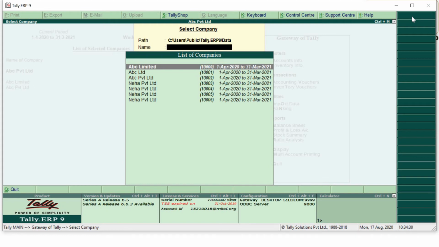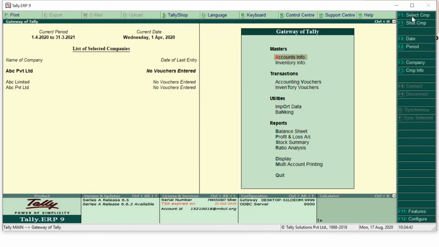In that, I have to select a company which I want to delete. Now I will select the company as ABC Private Limited. I want to delete this company. So I will select that company, press enter. Yes, that company is reflected in bold letters over here, ABC Private Limited.